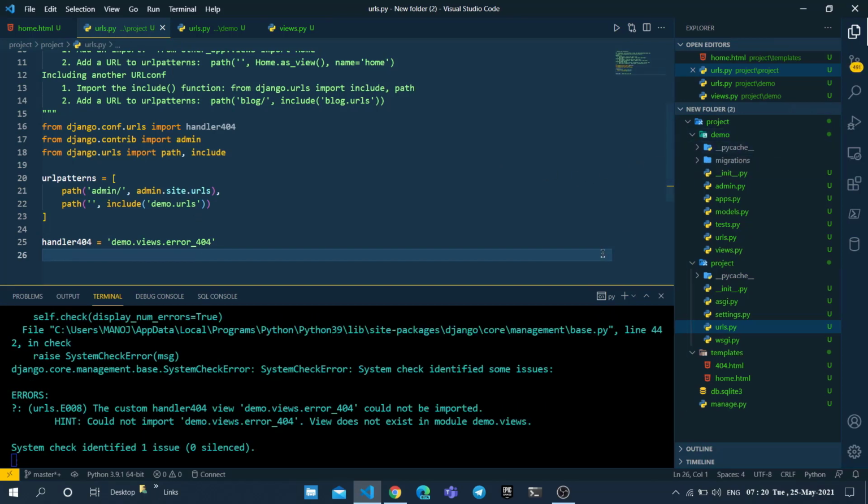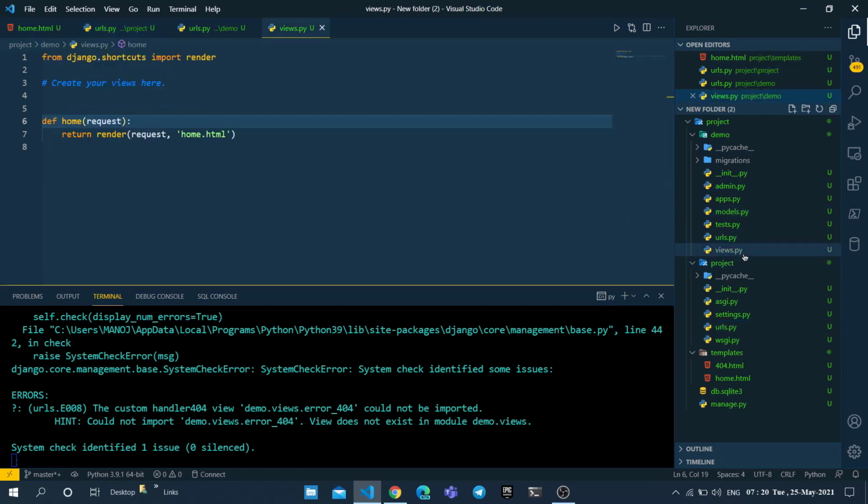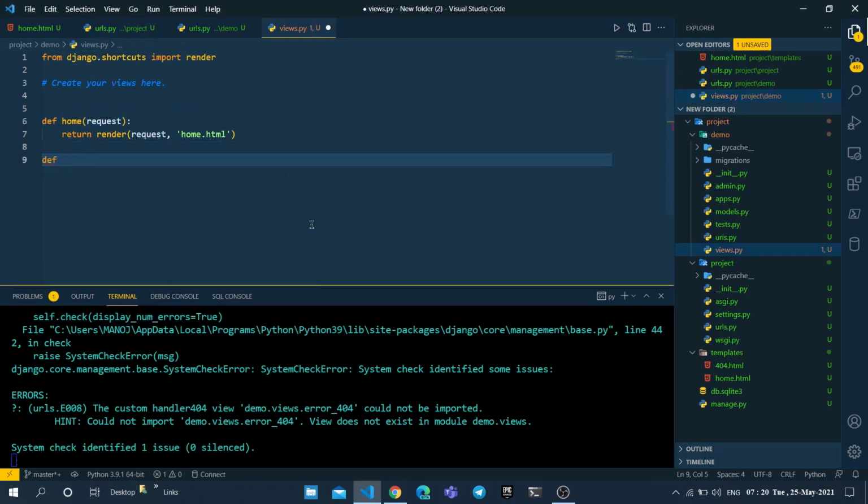So we have got an error for not configuring the view in this demo app. So go to the views and write the following def for error_404 of request, and one more argument is exception.